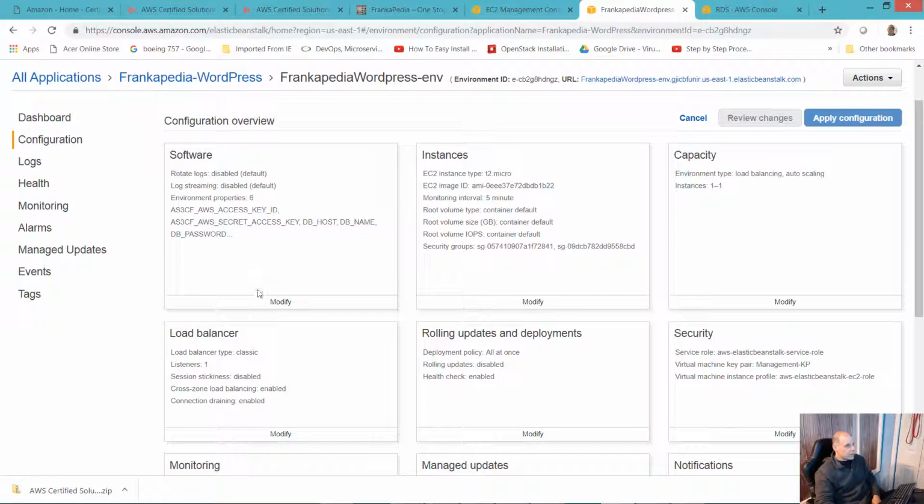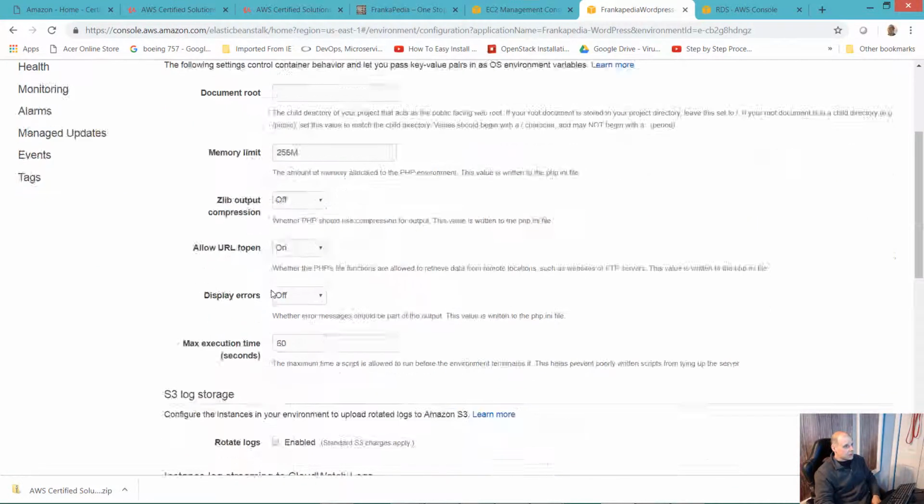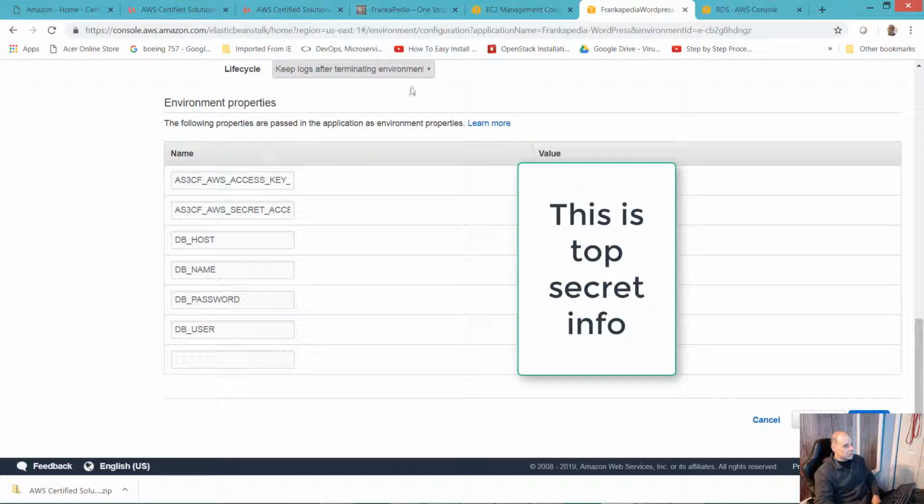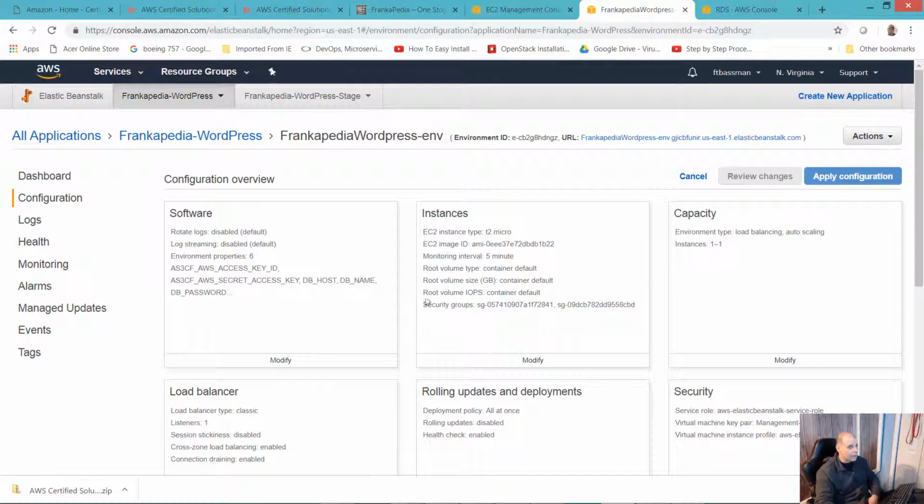So in the configuration here, you could see that under software there's some environment variables defined, which tells my Beanstalk environment how to connect to the database, which is external to Beanstalk. Because if I put the database in Beanstalk, any database maintenance would take out the whole site, and that would not be what I call a best practice architecture, or highly available for that matter.